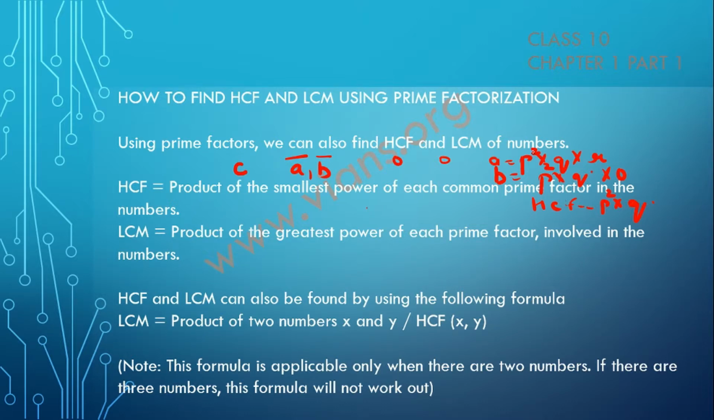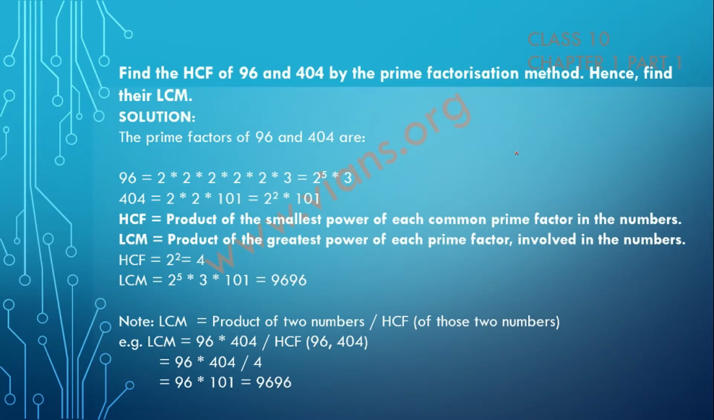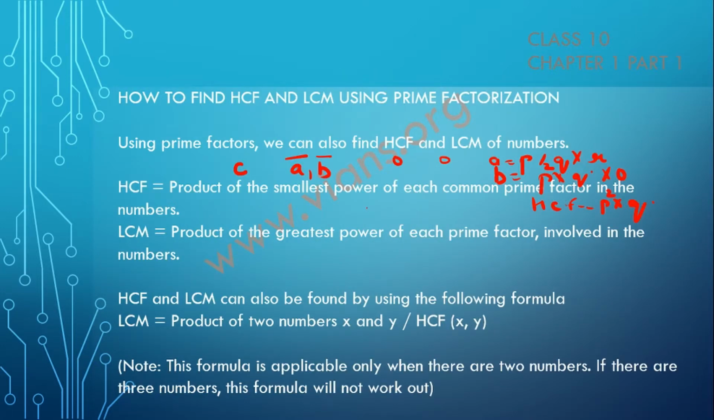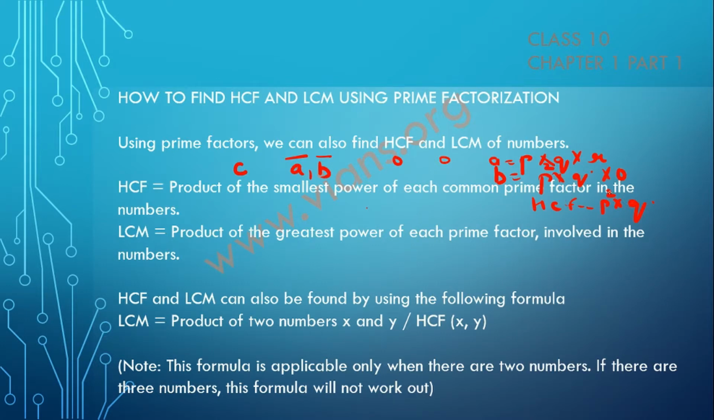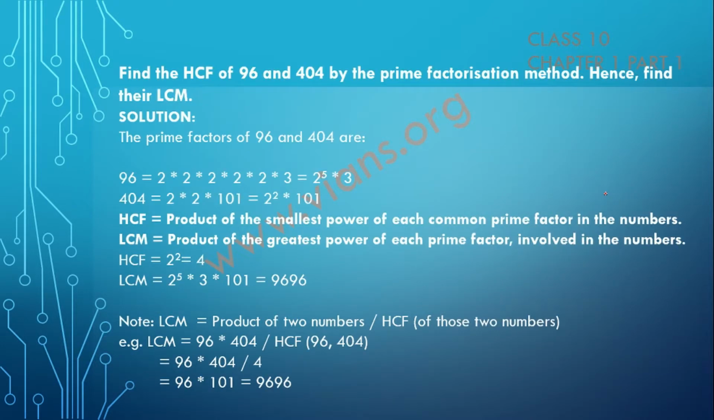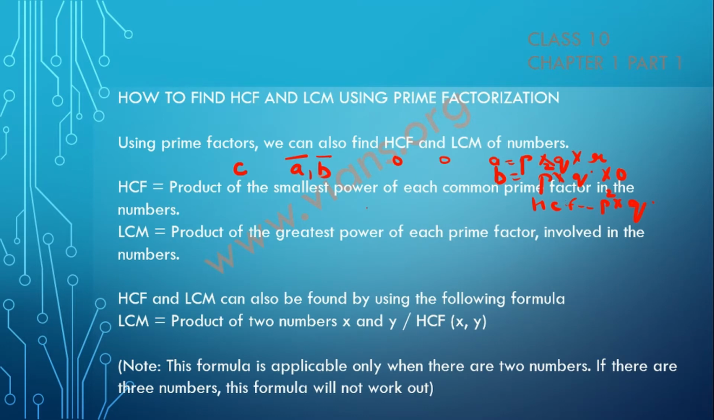So it's going to be the smallest power of each common prime factor. If I had it in this way, you basically get the idea. So the HCF would be P into Q. That's it. It's going to be the product of the smallest power of the common factors which are common amongst the two numbers,